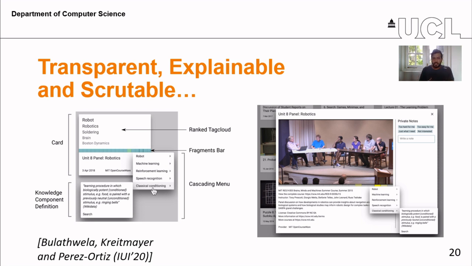artificial intelligence. So earlier I explained to you in the TrueLearn algorithm, what we are doing is we are taking these educational materials and associating them to the knowledge components, which are the Wikipedia topics. And here through this interface, what we are doing is we are showing to the user exactly what knowledge components or Wikipedia topics that we are associating each fragment of the educational resource to. And if the user is